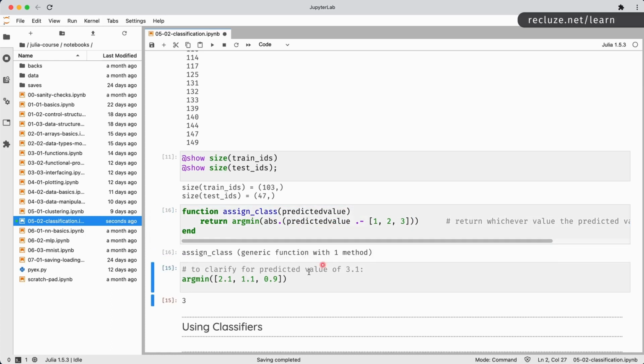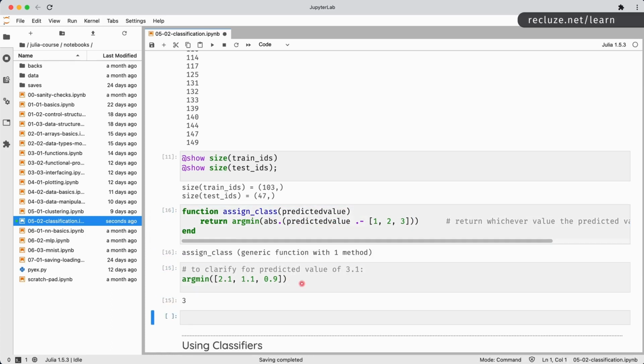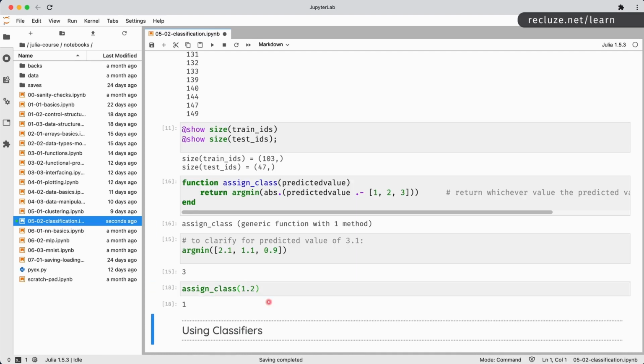So we do that, and then we say assign class, and if we say 1, it's going to say 1. If we say 1.2, it's going to say 1. If we say 1.7, it's going to now say 2 because it's the closest. So similarly, 2.7 is going to be 3 and 2.2 is going to be 2. Okay. So hope this makes sense. This is because our machine learning algorithms are going to return this value to us and we need to convert this into an actual class, right? So this very simple function does that for us.